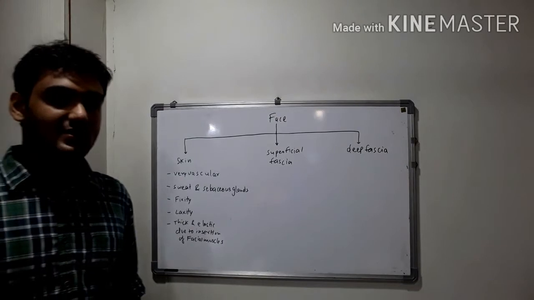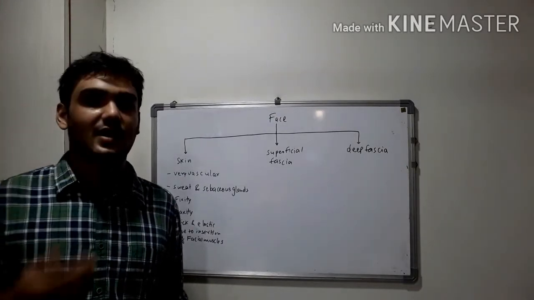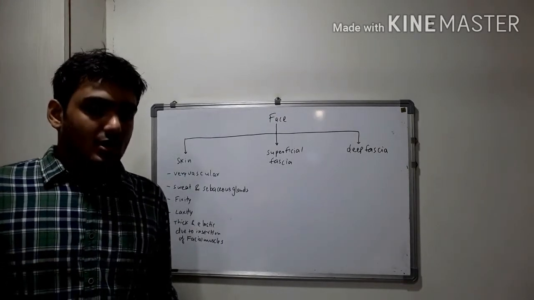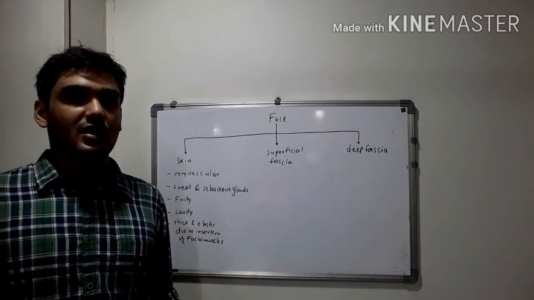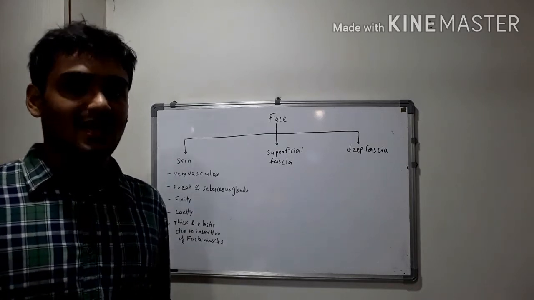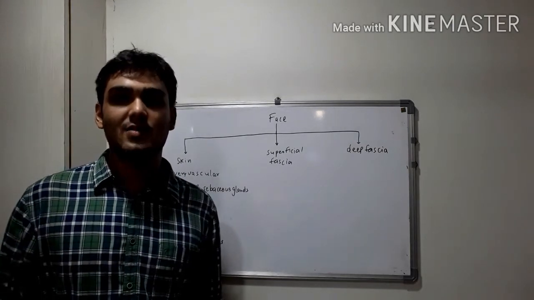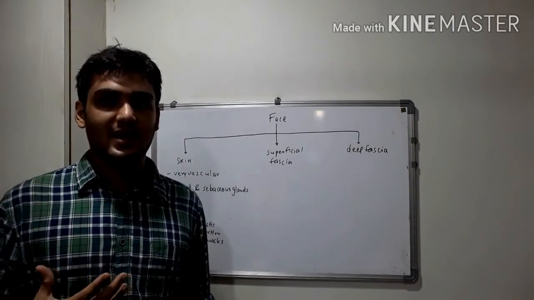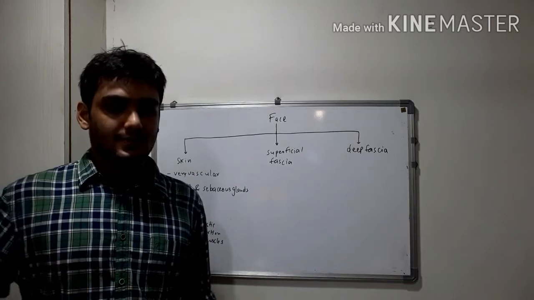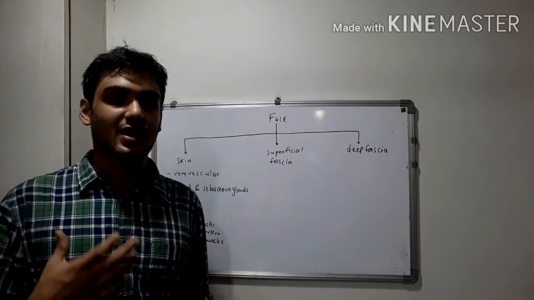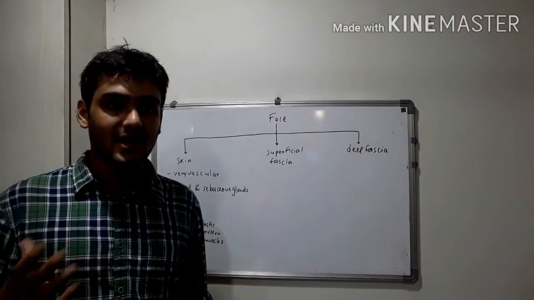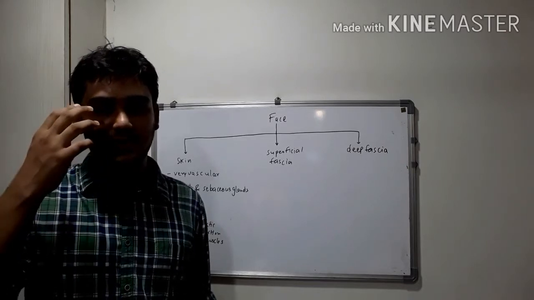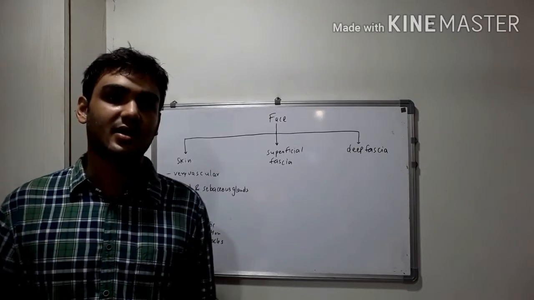Then talking about the laxity of some parts, like eyelids and other parts. At certain parts of face, as I said, at the eyelids and some other parts, the skin is very lax, and so if there is any edema or fluid, the skin is quite distensible, and the edema is quite apparent on the face. For example, the renal edema is firstly seen in the eyelids and then in the other parts of body.